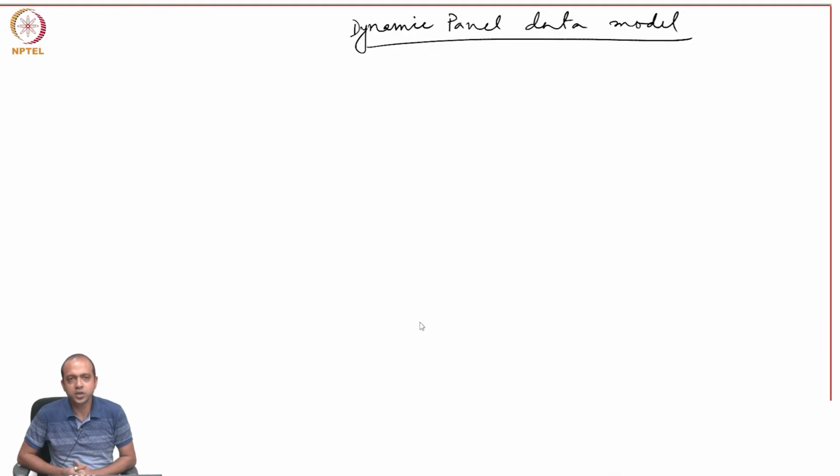So, welcome once again to our discussion on dynamic panel data model. In our last couple of sessions, we were basically discussing the empirical estimation of several dynamic panel data models, taking the data from original Arellano and Bond's data, which was in the context of UK, and the dependent variable was firm's employment.